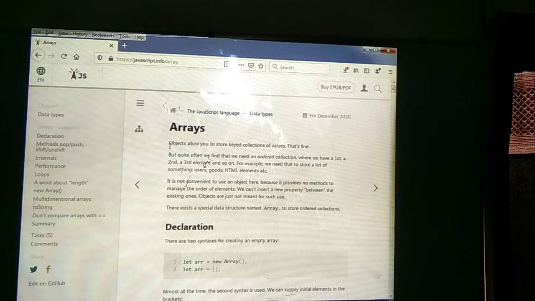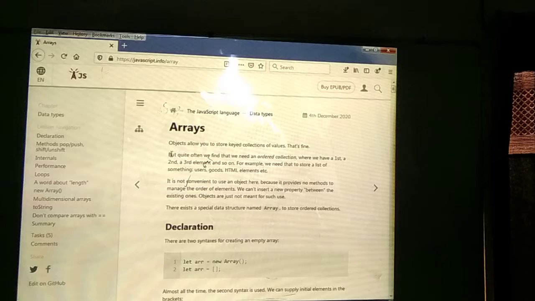Here, see, the object allows you to store keyed collection of values. Whatever objects we create in JavaScript, they allow a keyed collection of values; we are storing a collection of values.